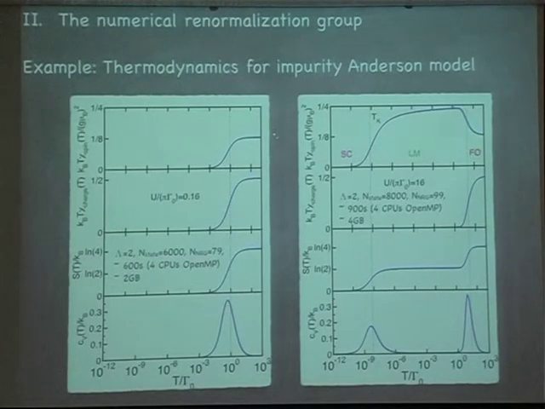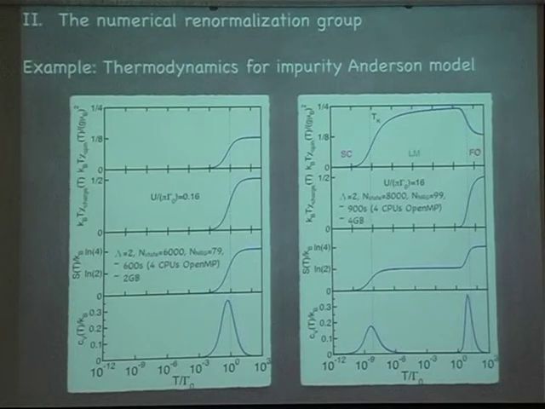And what you see here is nothing. This goes down. This is the impurity spin susceptibility; it starts out at 1/8, no spin, and goes down. Charge susceptibility goes down. The entropy starts out at log 4, meaning you have empty, singly occupied, and doubly occupied states, and crashes down to 0. Specific heat becomes maximal where this crashing down is fastest. Everything happens on the scale T divided by gamma naught. Gamma naught is a fluctuation scale. All happens on that scale. So this is nothing really fascinating.